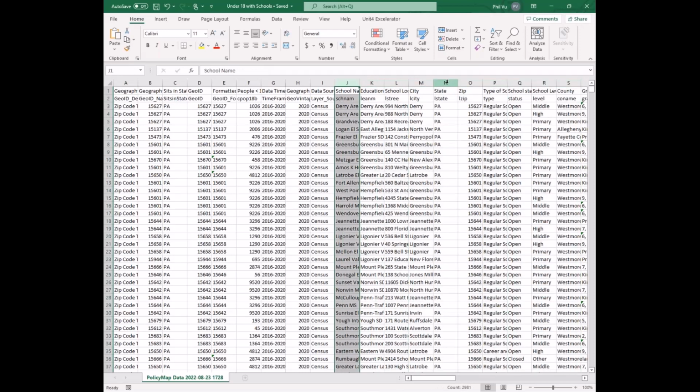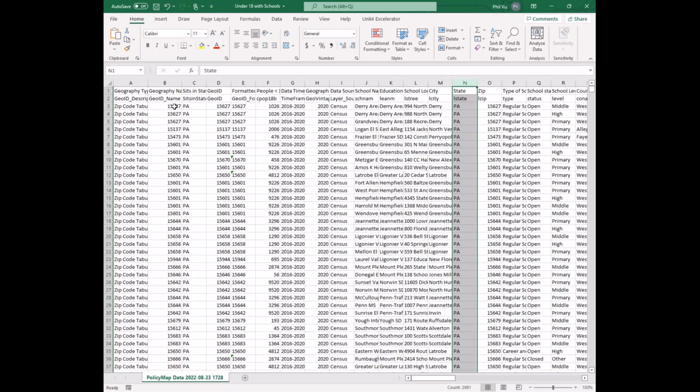From this point on, this is a list of every public school. In this case, I select the P in my query, the zip code that the public school sits in, the FIPS code, the formatted FIPS, but more importantly, in this column here, this is the number of people that are under 18 in each one of these zip codes. So what we've done is we've joined two different types of data, an address data set to a boundary, and then to that boundary we